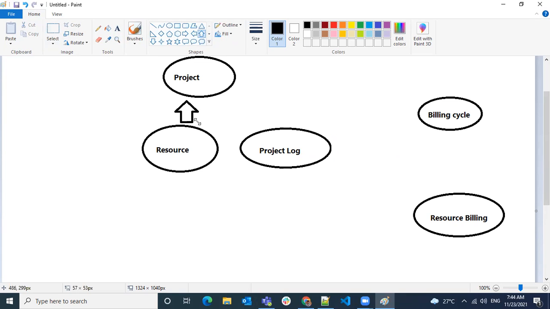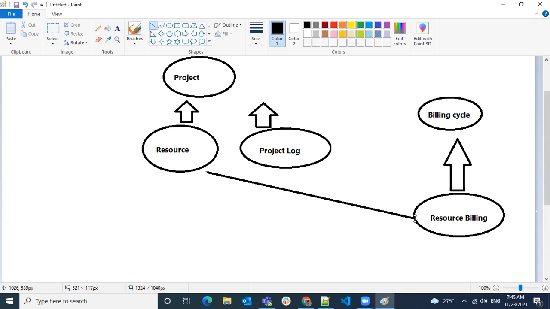So the resource's parent is a project, and the project log's parent is a project. Resource billing will have a lookup to a billing cycle, and one more lookup to a resource, the resource to whom we are doing the billing.